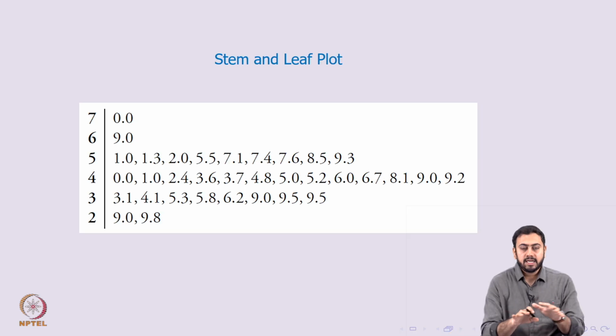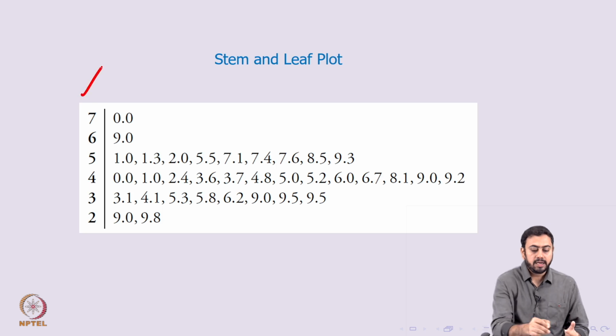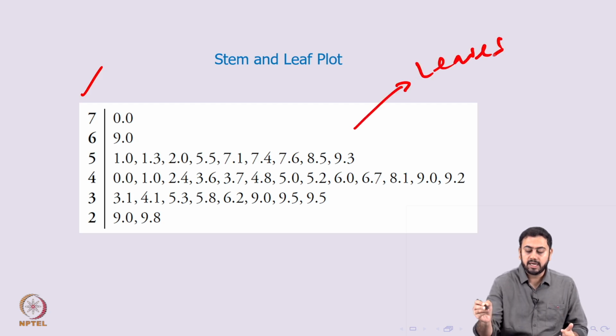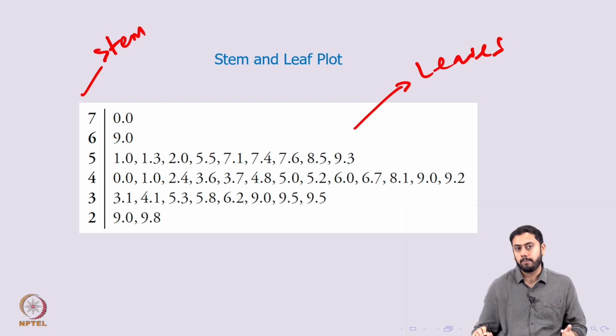So now this is exactly a typical stem and leaf plot. So again, like I said, it contains two parts. It contains a stem, which is there in the first column, and it contains all the leaves. So all the values you see on the right side of the vertical line are called leaves. Okay. So these are the leaves in the data set, and this portion of the data set is nothing but the stem. Okay. Now how exactly should you read this?